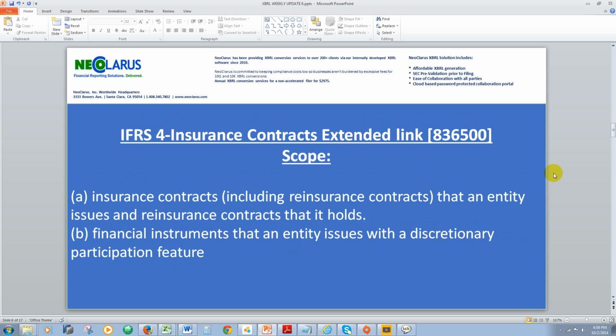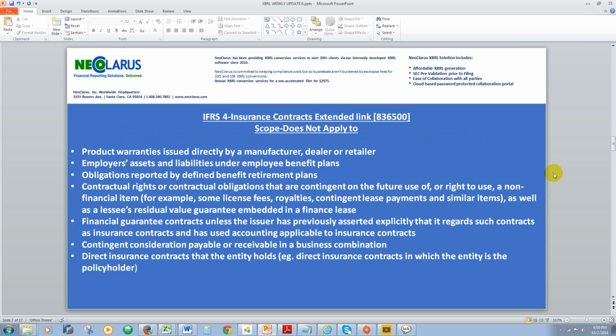This gives the scope of the insurance contract standard, which includes insurance contracts, including reinsurance contracts that an entity issues and reinsurance contracts that it holds, and financial instruments that an entity issues with a discretionary participation feature. And these are the scope limitations of insurance contracts, which are product warranties issued directly by a manufacturer, dealer or